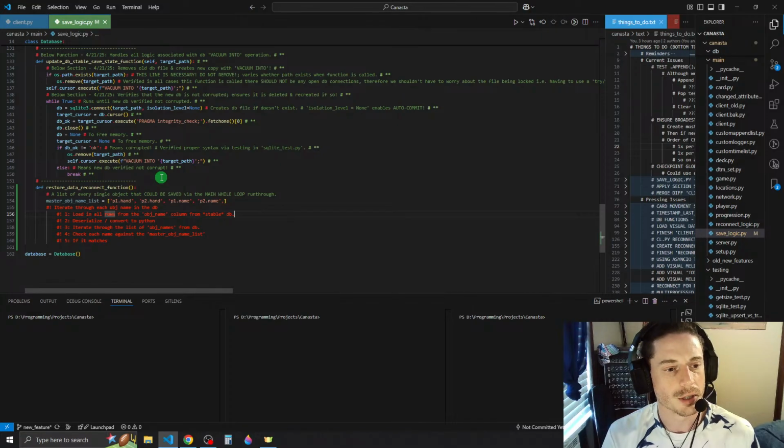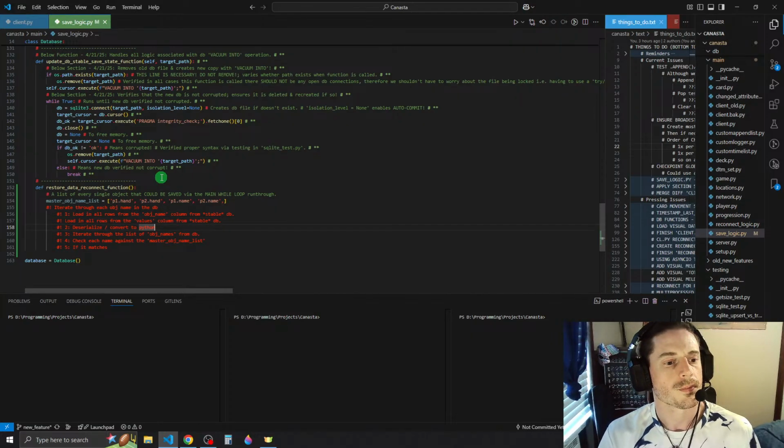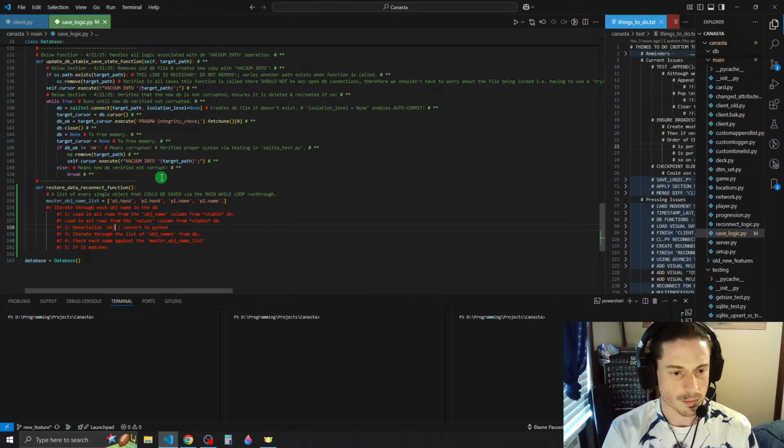Load in all rows from the object name. We would also have to load in all rows from the values column from the stable DB. Deserialize object name list from DB, convert to Python.